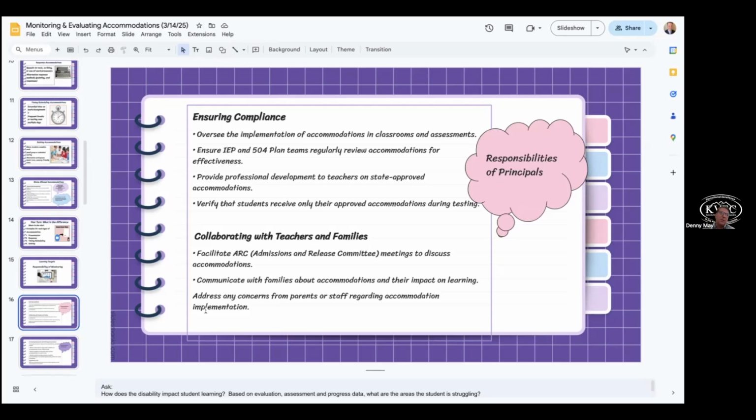Because there's so much content in those classes that they have to receive, we still have to provide the accommodation, and we also have to provide direct instruction, explicit instruction, or whatever type of instruction is needed for that individual that is special and different from universal design for learning, differentiation, and tiered activities. And so collaborating and making sure that we're all on the same page and address any concerns from parents and staff regarding accommodation implementation is super, super important.